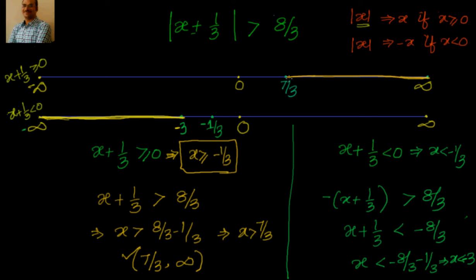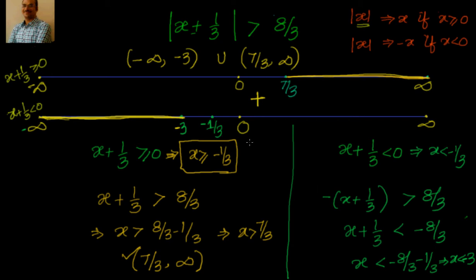So the solution of this linear inequation will be the addition of 1 plus 2, because both the scenarios you have to consider. So the solution will be, if you take the negative values, minus infinity to minus 3 union 7 by 3 comma infinity. Let me just summarize how we have done this.